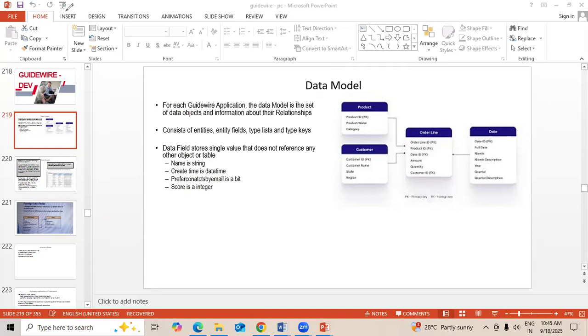This data model consists of entities, entity fields, entities. What is entity? What is entity field? That you need to know. That I will explain below. Okay. Consists of entities, entity fields,